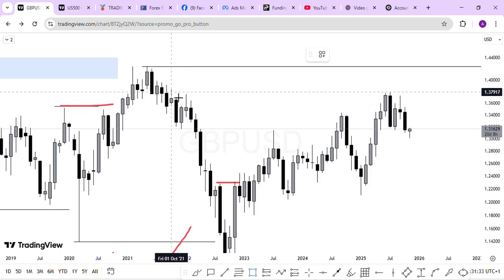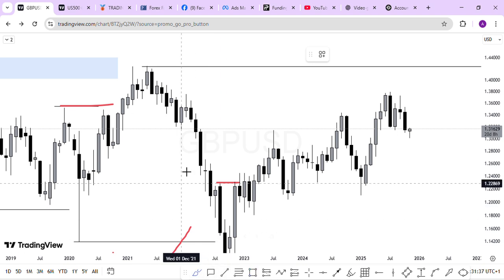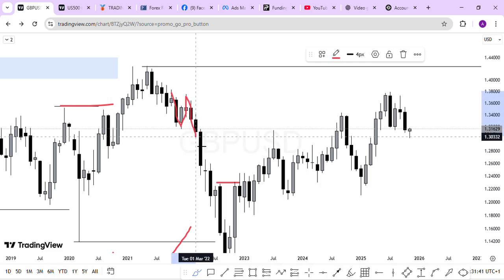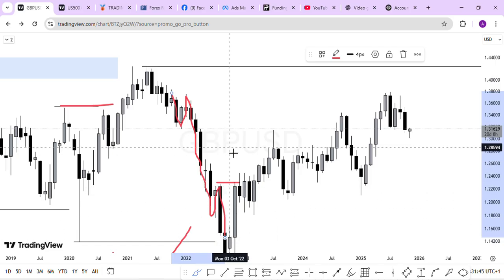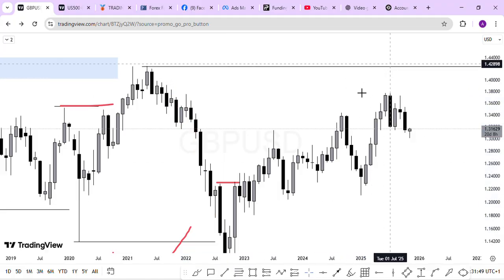This is the only place that we had a valid pullback. This level is the only place. If you look at this closely, this is the only place that we had a valid pullback, and this place. So the first one will serve as inducement, and the second one will serve as our POI, depending on how